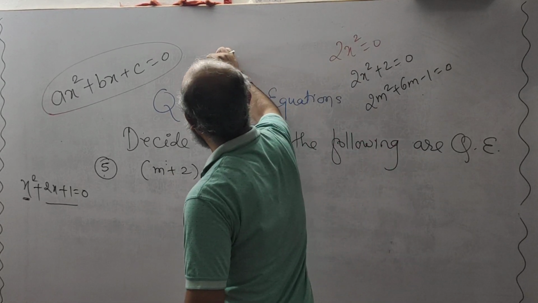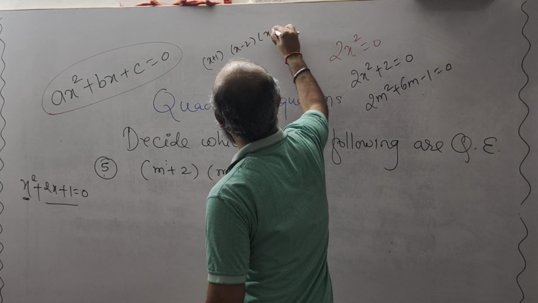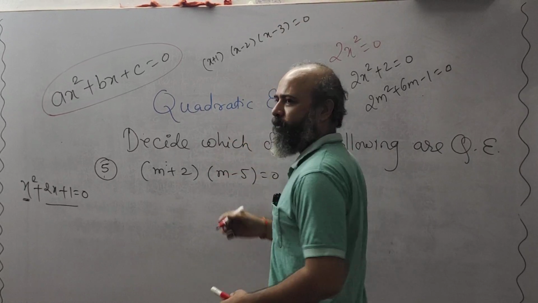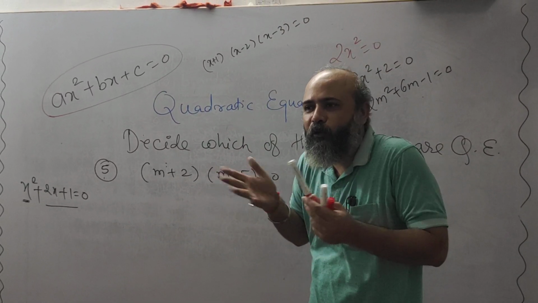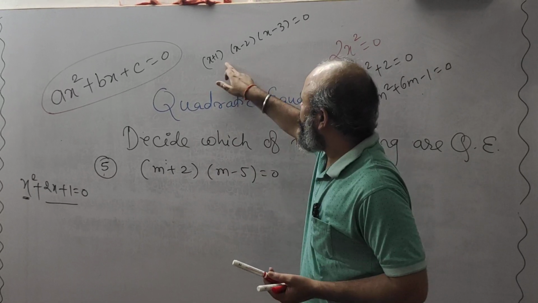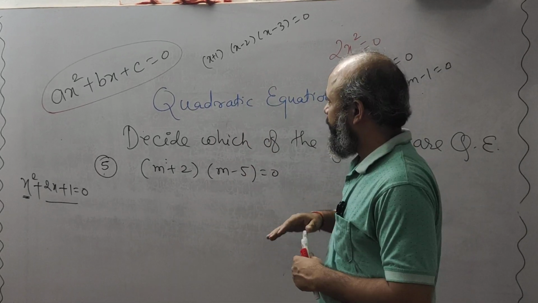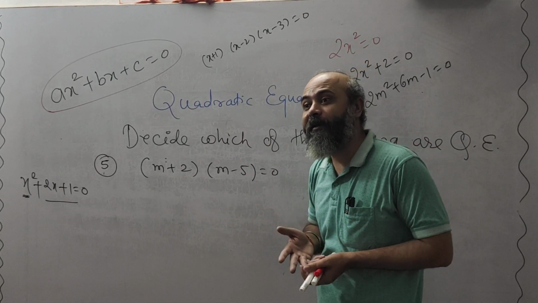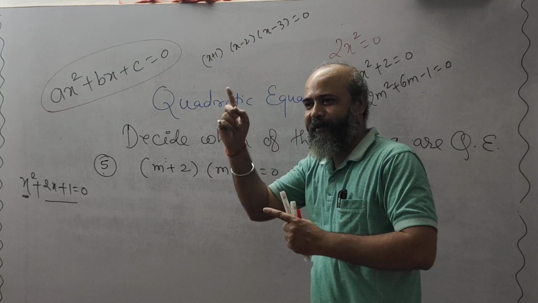One more thing, if I write (x plus 1)(x minus 2)(x minus 3) is equal to 0, student, the product of these all three brackets is equal to 0. We don't know actually which bracket is equal to 0. तीनों ब्रैकेट का मल्टीप्लिकेशन क्या आ रहा? 0 आ रहा है. लेकिन ये कहना बहुत मुश्किल है, डिफिकल्ट है कि कौन सा ब्रैकेट 0 है, क्योंकि अगर ये 0 होगा तो भी सब 0 हो जाएंगे.